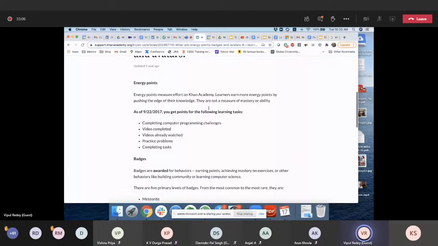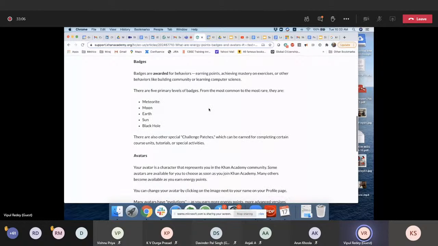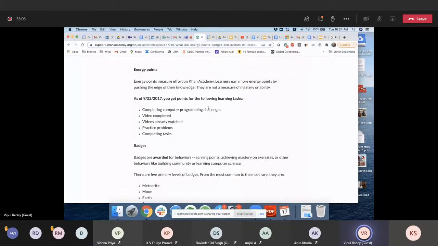There are energy points. These are points that you get anytime you display any kind of behavior that we think is relevant to your learning or in the interest of your learning. So when you watch a video, you get energy points. When you finish exercises, you get energy points. When you complete specific tasks that were assigned to you by your teacher, you get energy points. In addition to that, there are also algorithms that we've